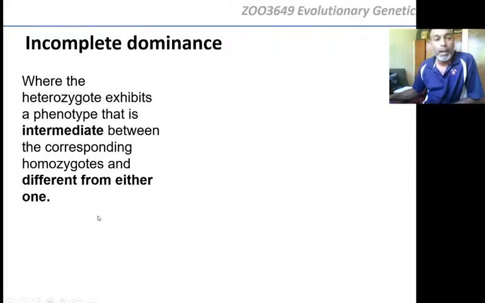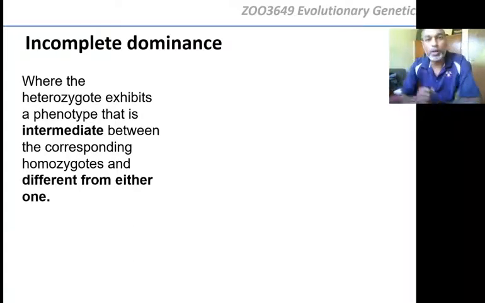So incomplete dominance is almost like what Darwin said with blending inheritance, where you have a parent that is one color, another parent who's another color, and the offspring is in the middle. It's got an intermediate color. So, for example, if you take flowers,